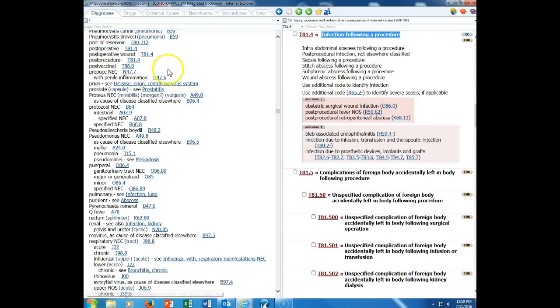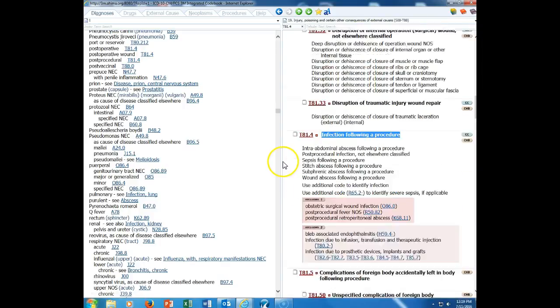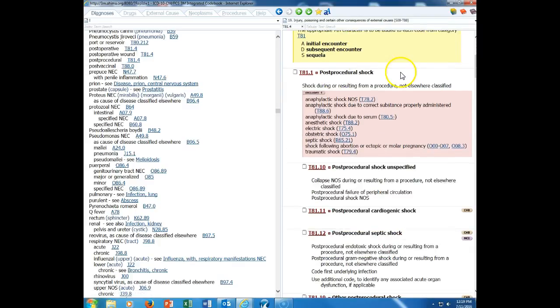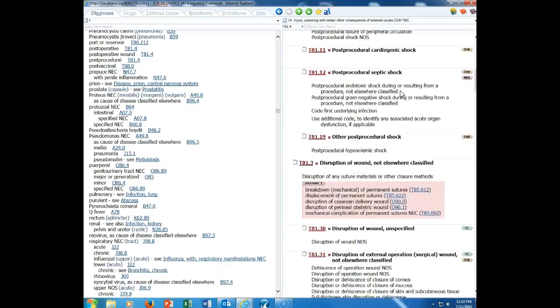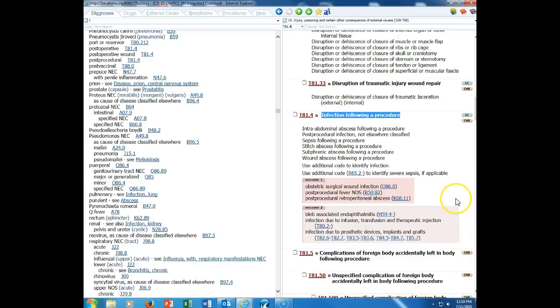And if we look at these codes in the index, in the tabular, we see T81, that category is complications of procedures not elsewhere classified. We do have use an additional code here as well, and it excludes 2. And you can see that there are a number of post-procedural codes here. We're looking at T81.4,